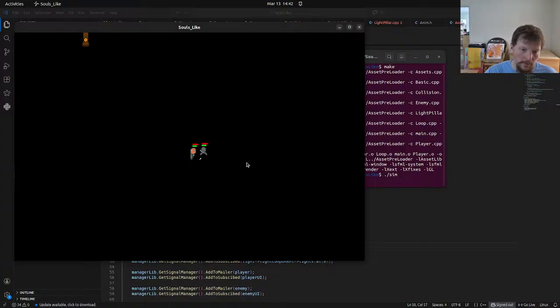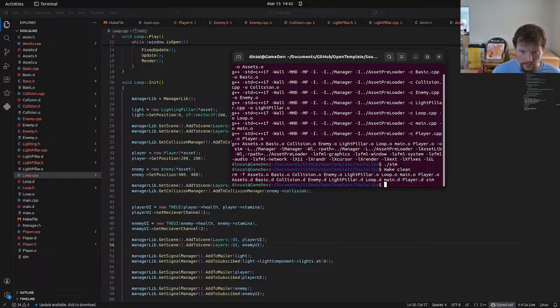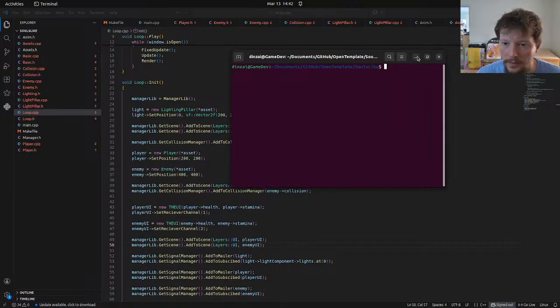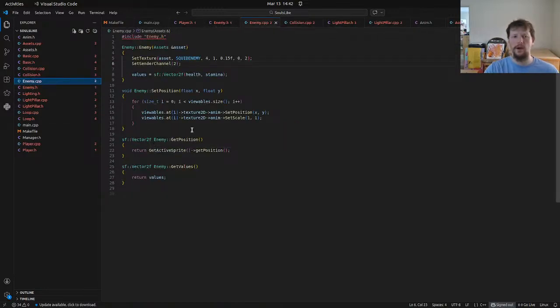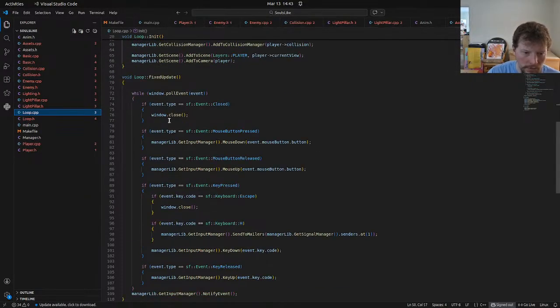Now we want that attack to interact with that enemy. And once we do that, that will be a good place to stop. So let's go ahead and check what we have going on already. When the enemy is on channel 2, and then if we look at our loop here, if we notice on our input manager and fixed update, there's